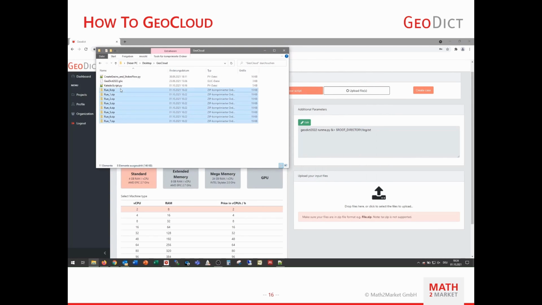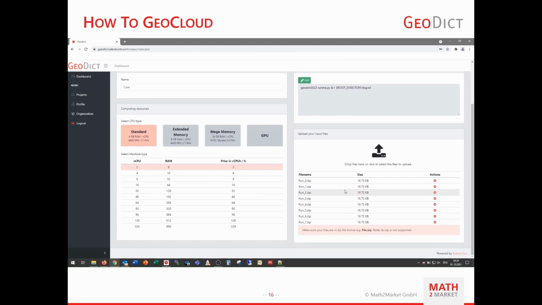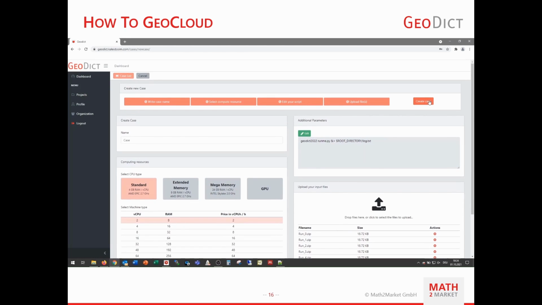So in this case, we created 8 runs. We want to run in the cloud in parallel. And we create the case.